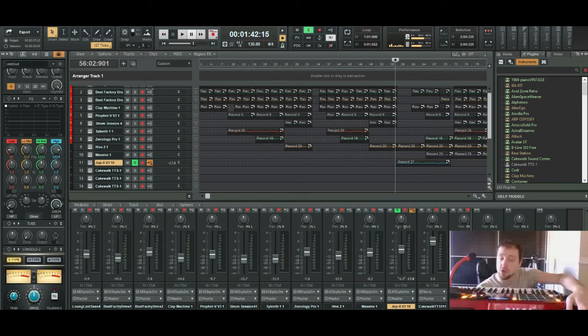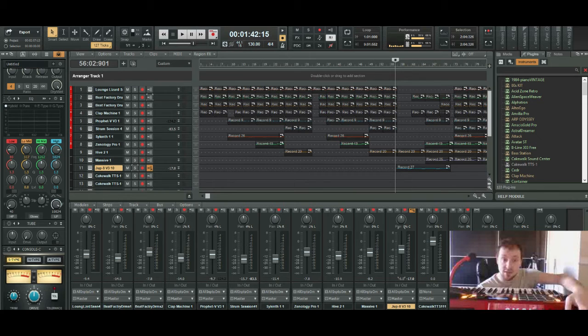And that is the only time you will ever hear the Jupiter 8V in this entire track. And finally, just to close, let's crank everything to max, like all the synths to max level, because now we just want to hear what this thing sounds like. The levels are going to stay as they are, and let's play it back.